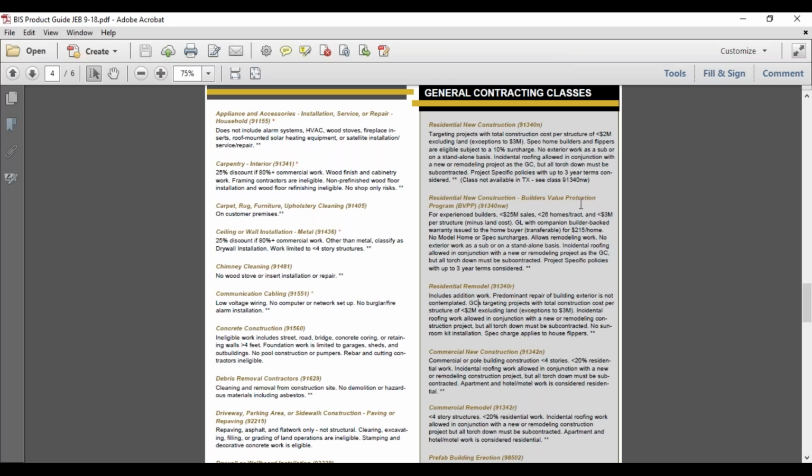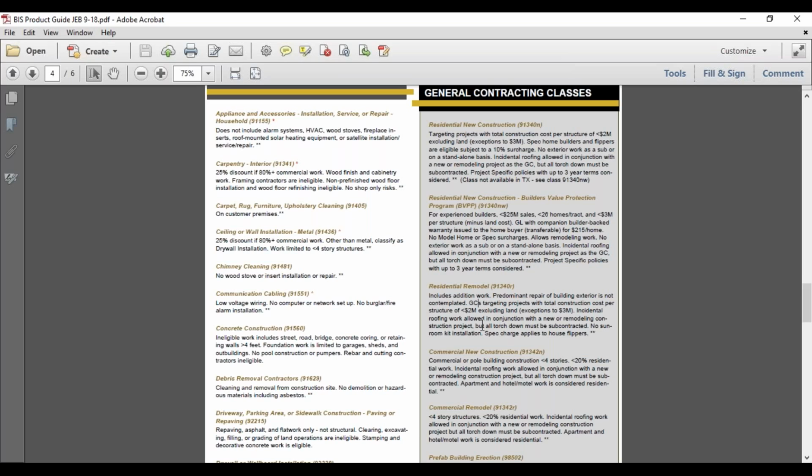Also here, we target construction projects less than $2 million or $3 million, depending on, it's an exception, but we do allow it, depending on the expertise of the contractor. And we don't do project-specific policies. And if they are a flipper, then the spec home charge applies. But that's by far one of our main classes. The new construction and the remodel classes are by far our main classes for residential home builder on the